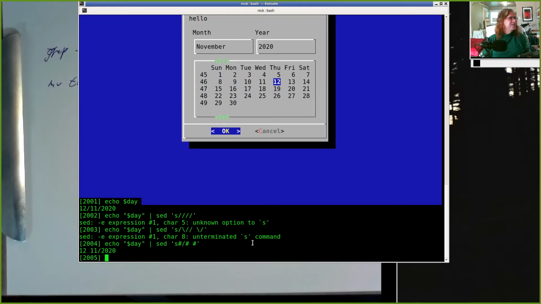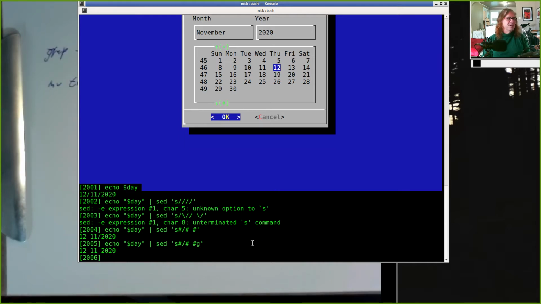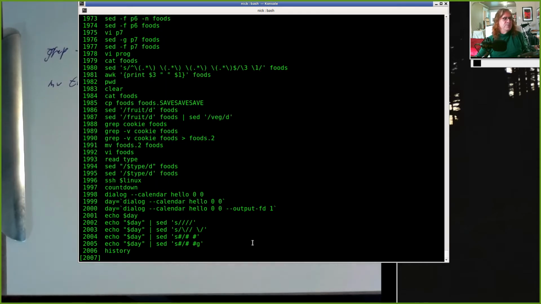There we go. Okay, that only replaced the first slash. Oh yeah, we have to put a G at the end to make it global across the entire line. There we go. Right, and now you can run your history command and see what you did. So this was how I got the day into this variable called day, and then this was how I echoed that into sed to replace the slashes with spaces, right? And then I could take that